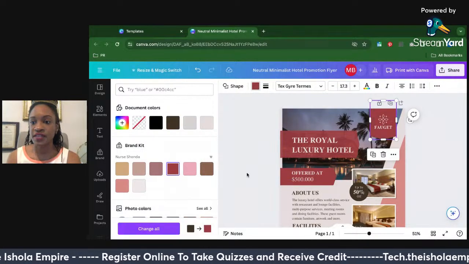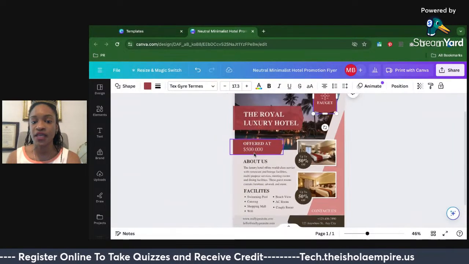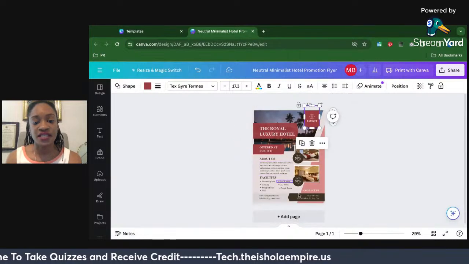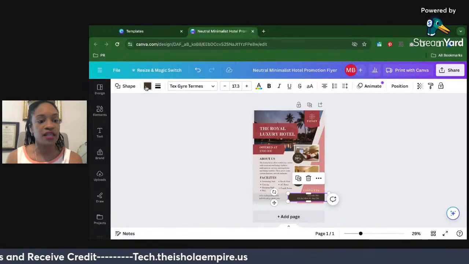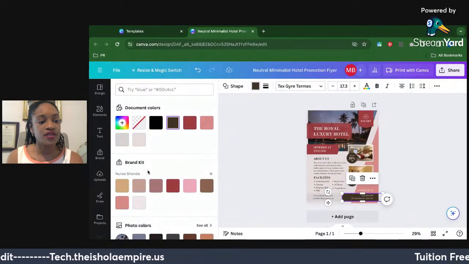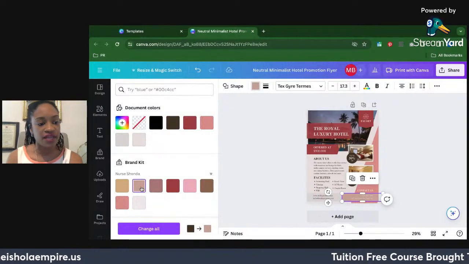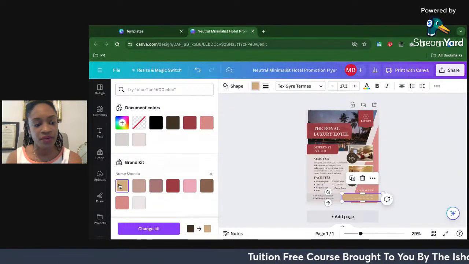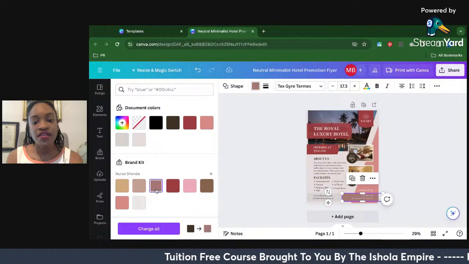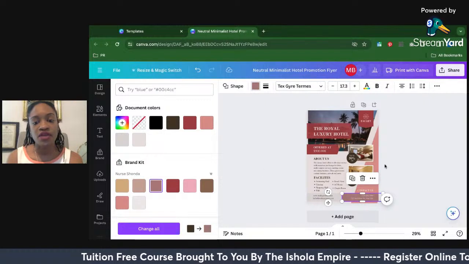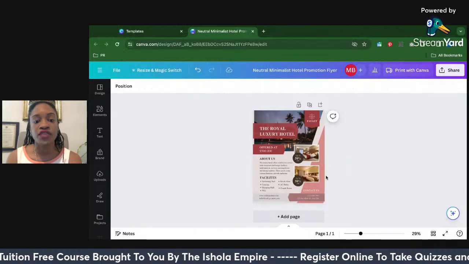Am I going to keep all of them the same? Not necessarily, but what it does is help me to get in a mode to see things in the image that I would like to, and also be able to see my clients' branding and see their ideas come to life. I don't like that color. Since that's a brown, I'm going to pick that brown. I don't really like that one either. Another thing I like to do is try to stick within the theme of what colors are already there. So if this darker color,